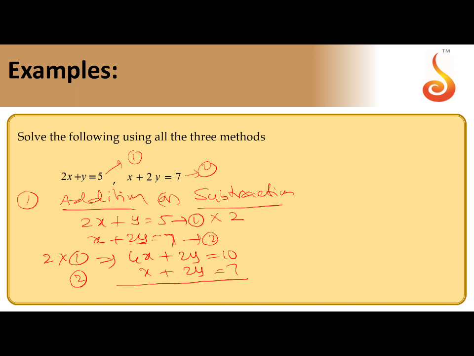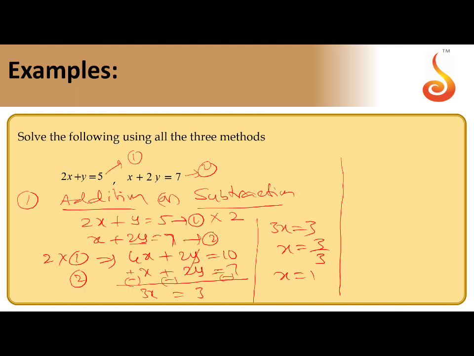So I want to do either addition or subtraction, because all the terms are plus terms. So you can go for subtraction. If you subtract, change the signs. Here plus, keep minus. Here plus means minus. Here minus. The final sign is minus. 4x minus x is 3x. Plus 2y minus 2y cancel, so nothing here. Now 10 minus 7 is 3. So finally we got 3x equal to 3, x equal to 3 by 3. That gives x is 1.